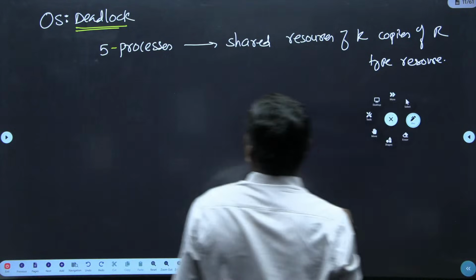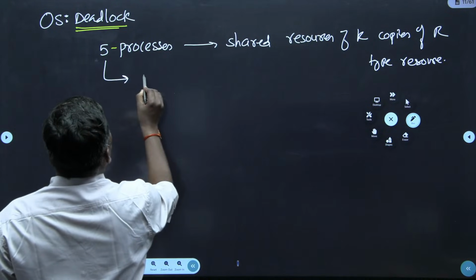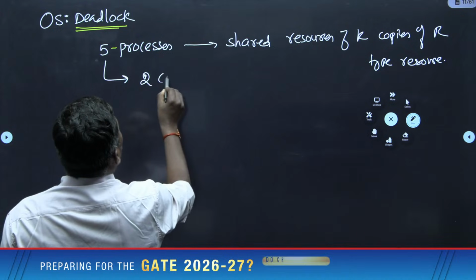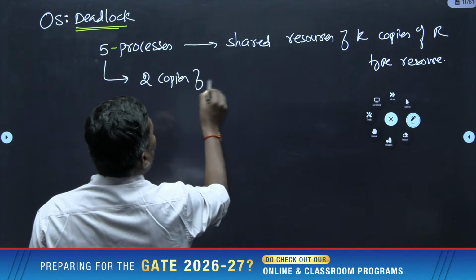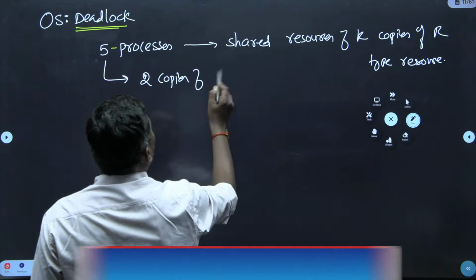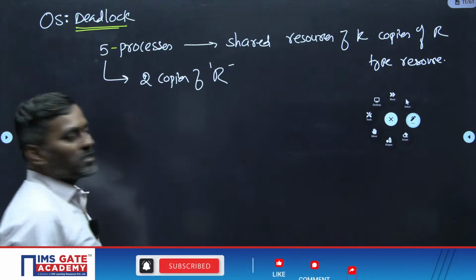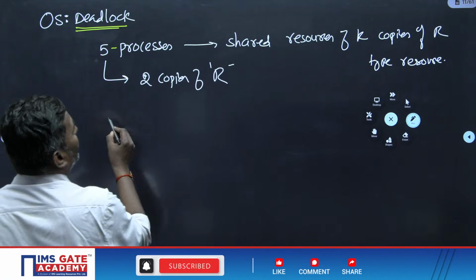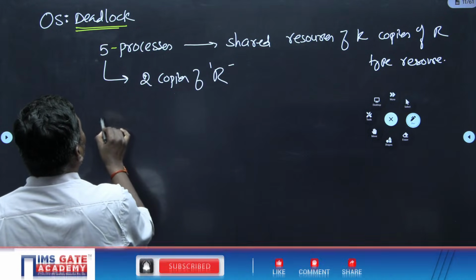Each process demands 2 copies of R. What is the minimum value of K